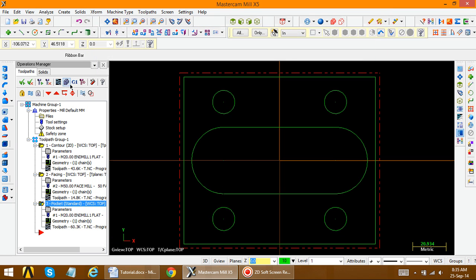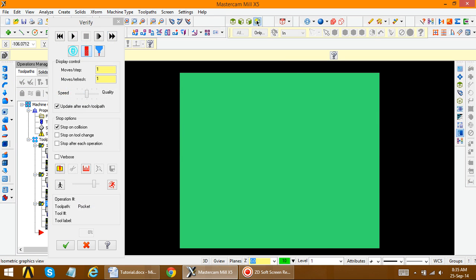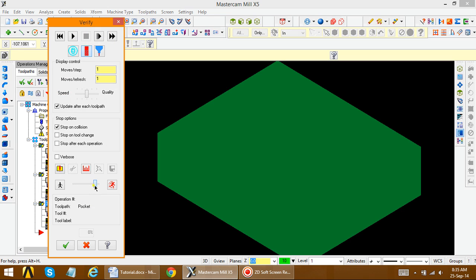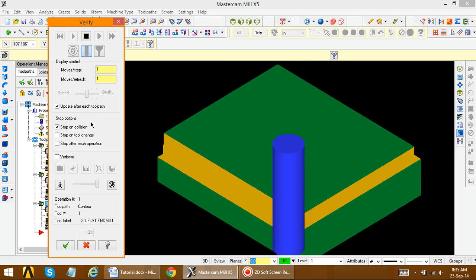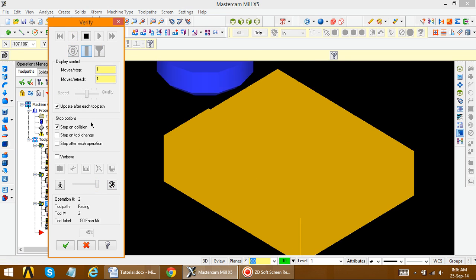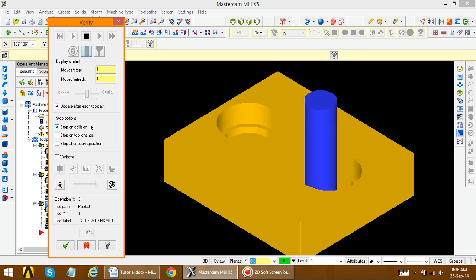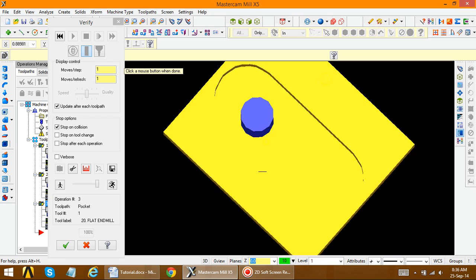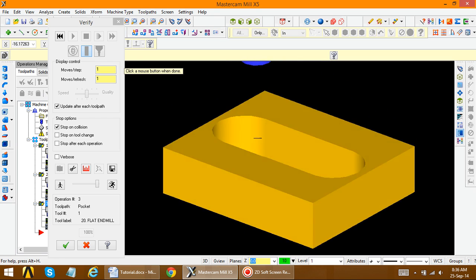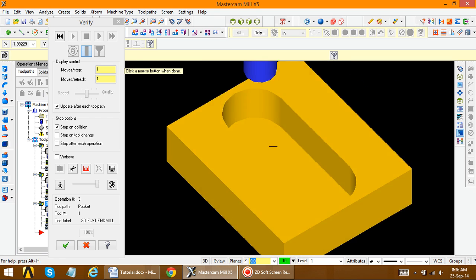Now just go to verify the geometry, select all operations, verify, go to top view, stop on collision. So this is the minus 30 we performed.